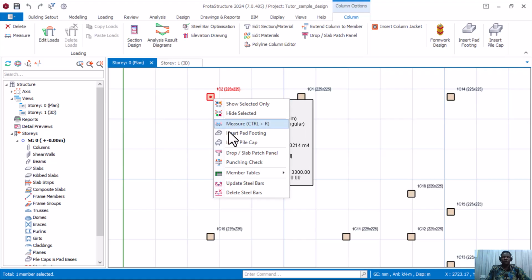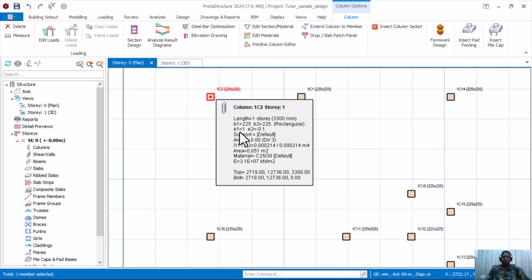When you click on the column, you right click, then you go to what? Insert pad footing. If you're designing for pile, you can see insert pile cap. You design for the pile cap, then you can look at the draw patch for all of them and check punching check if you are doing other analysis. But since we are looking at how we can insert our pad footing, we just click on insert pad footing here. You wait for it to load, and while it loads,